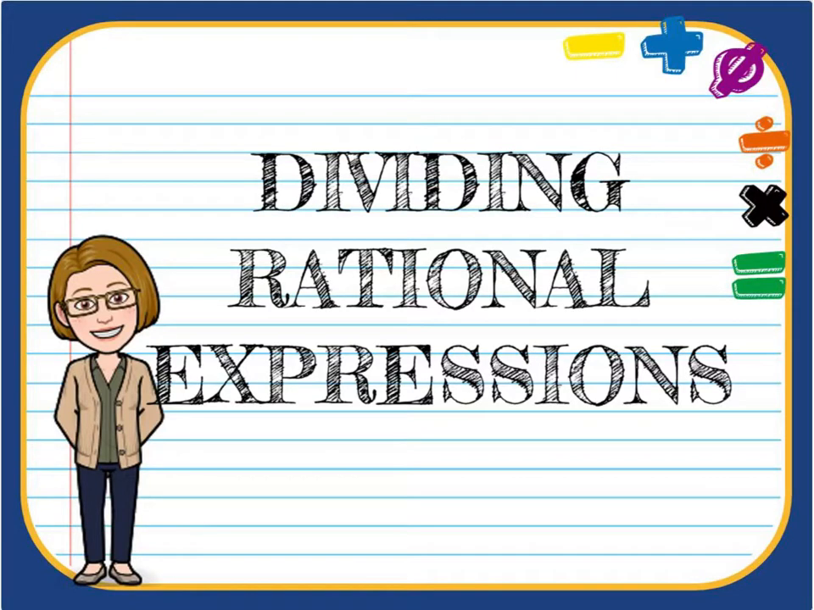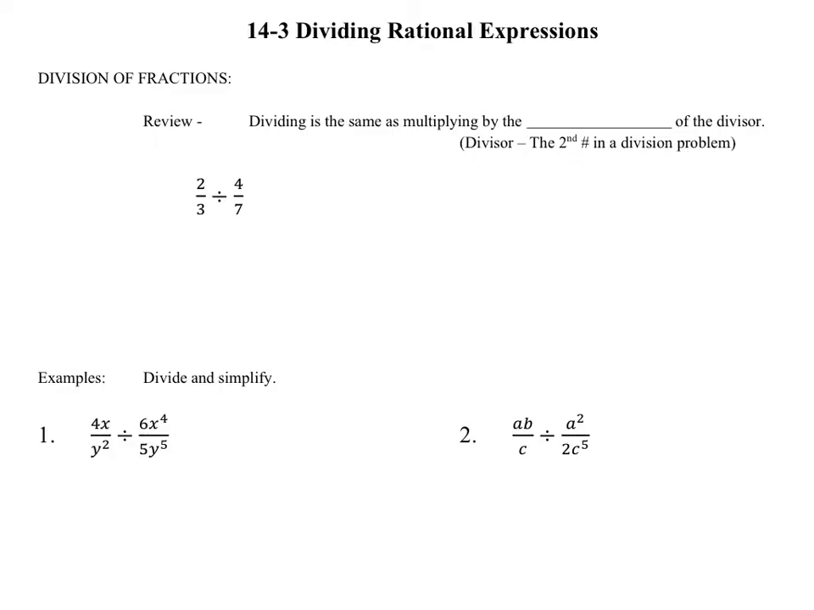So here we're going to be talking about dividing rational expressions. So just as a review, when we're dividing fractions, it is the same thing as multiplying by the reciprocal of the divisor. The divisor is always the second number in the division problem. So if I was looking at this division problem, 2/3 divided by 4/7, I could rewrite that as 2/3 times